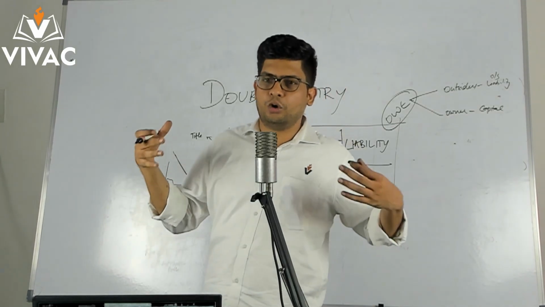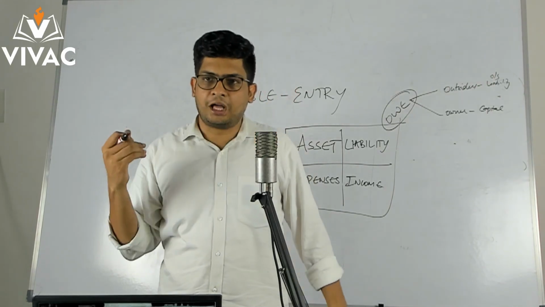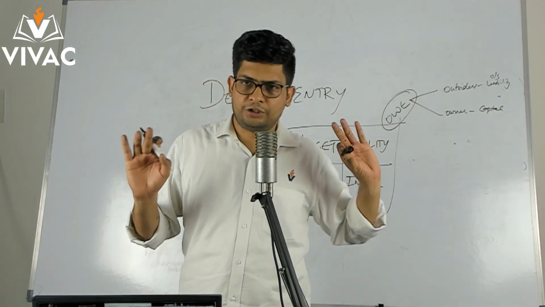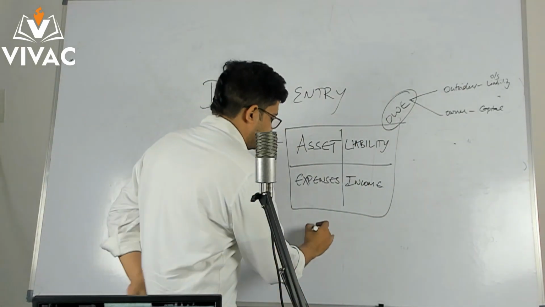Asset is anything that you own. Liability is anything that you owe. If you buy a house on a loan, that house is your asset, that loan is your liability. Clear till now? Okay. So there is one basic accounting equation which says assets is equal to